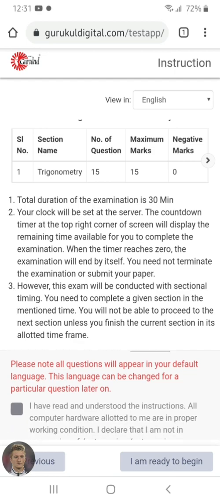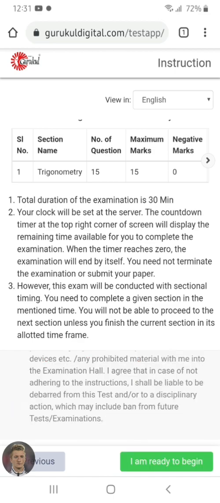Below the red text there is a box, so you have to click the box to confirm that I have read and understood all the instructions of the exam. Only then will you proceed further, otherwise you cannot. So here is the green button, I am ready to begin. Now we will click it, and the exam will begin.